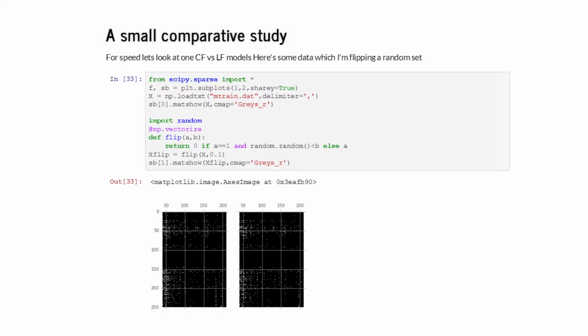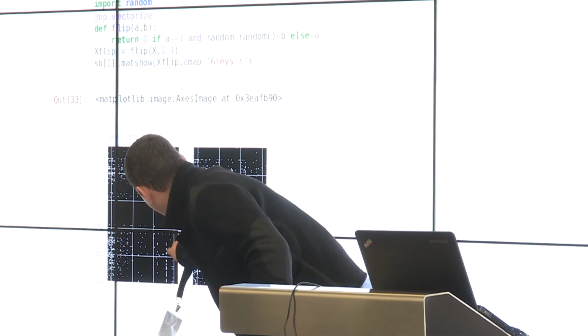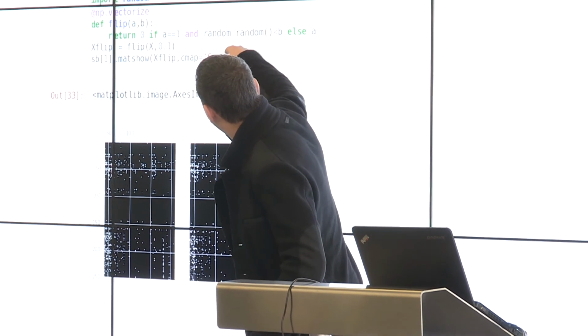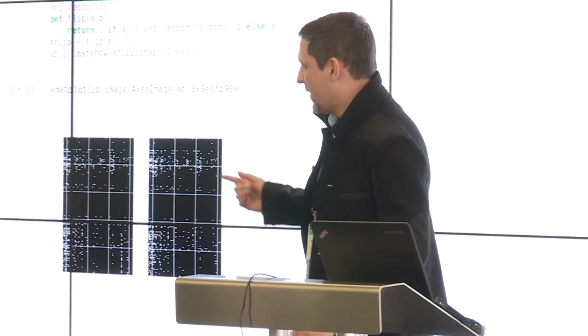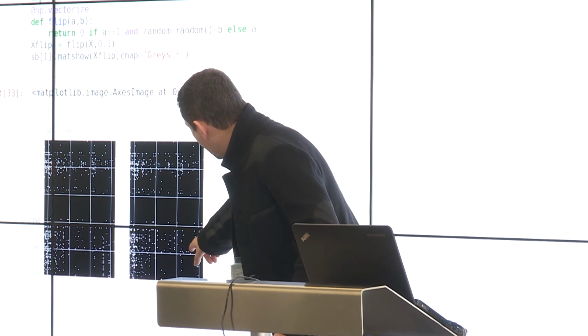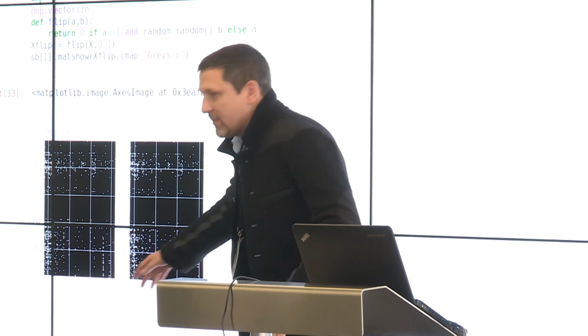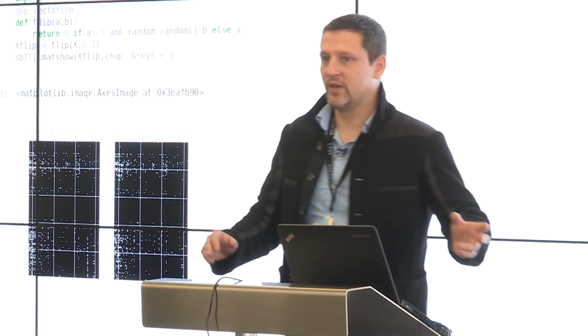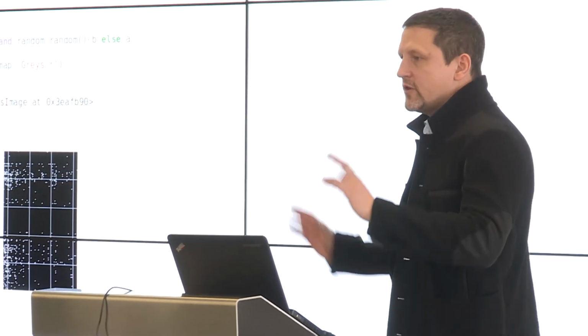And the way I like to do this with the data is to do it as an image. If you've got big chunks of data, you don't want to be looking at the numbers. You actually want to be looking at images. So I take one image and I flip some bits that I know are right. If you look at that line there, I've got rid of virtually all of that line. So I just wrote a little vectorized flipper that flips a few bits and gets rid of a few of those. So I know the data's there. I knew the data was there originally. I'm getting rid of it to run some kind of test on.